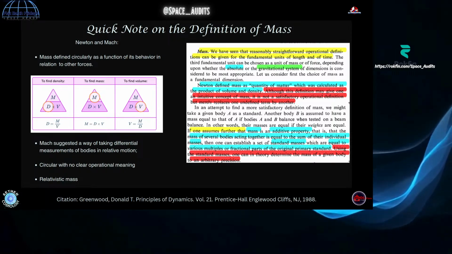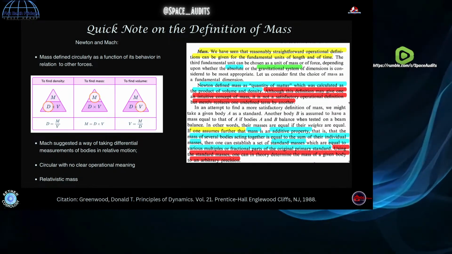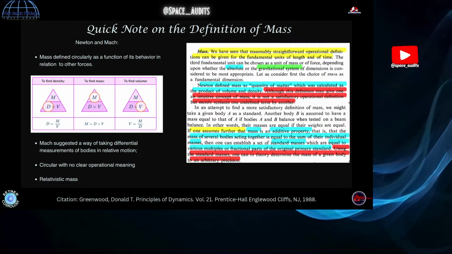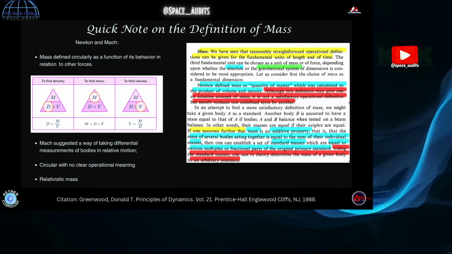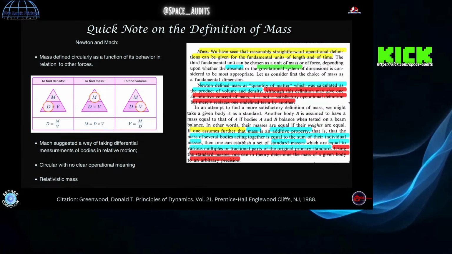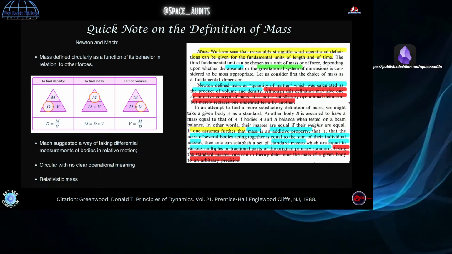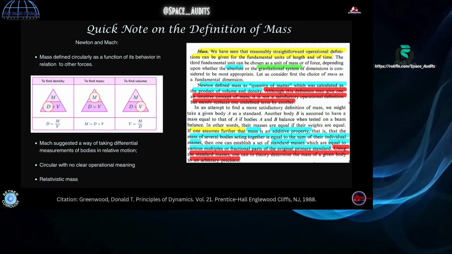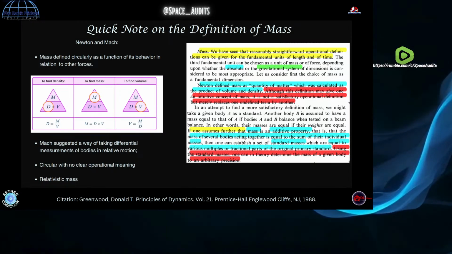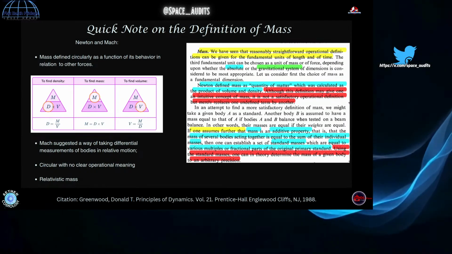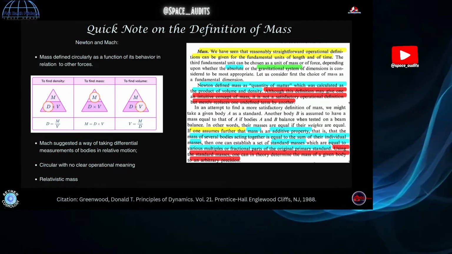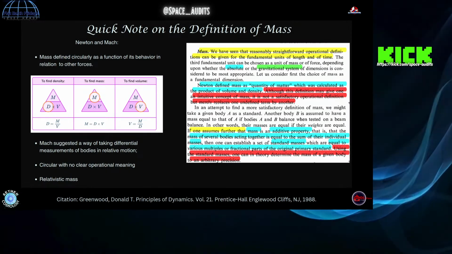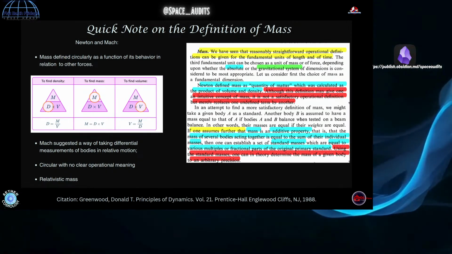So a quick definition on mass is that there's no real good operational definition of it. It's very circular and it hasn't changed since Newton defined it. We'll read a little bit here from the text. It says Newton defined mass as a quantity of matter which was calculated by the product of a volume and density. Although this definition may be an intuitive concept of mass, it is not a satisfactory operational definition. It merely replaces one undefined term with another.